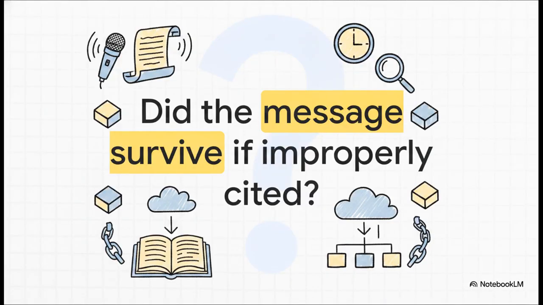I want to leave you with a final provocative thought to ponder as you go forward with your writing and research. If a speech isn't accurately recorded and cited, did its message really survive? When we diligently cite a speech, when we painstakingly track down the venue, the date, and the exact timestamp, we aren't just following some arbitrary academic rules. We're actively participating in the preservation of spoken history. We are ensuring that the ideas shared in that room on that specific day are accurately tethered to reality so that future learners can find them, verify them, and build upon them. Honestly, mastering these citations means mastering how we preserve human communication itself.